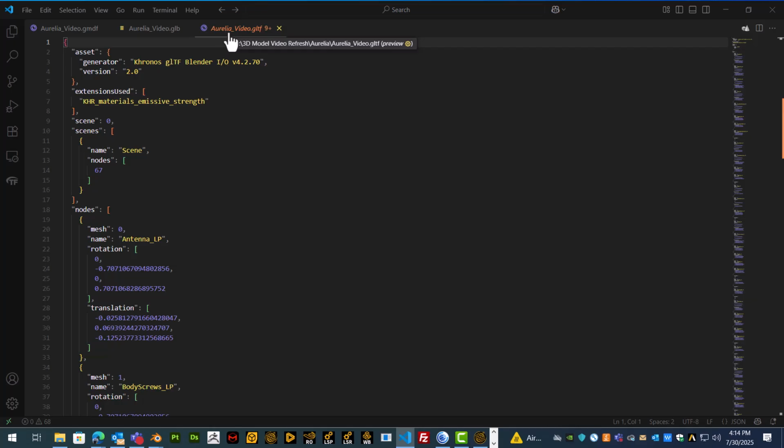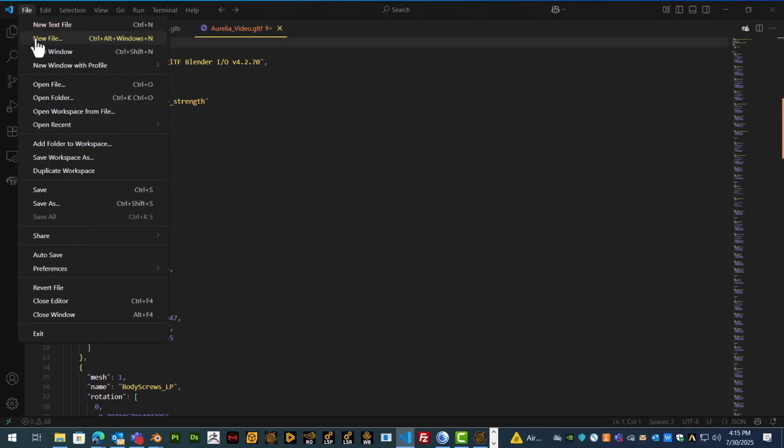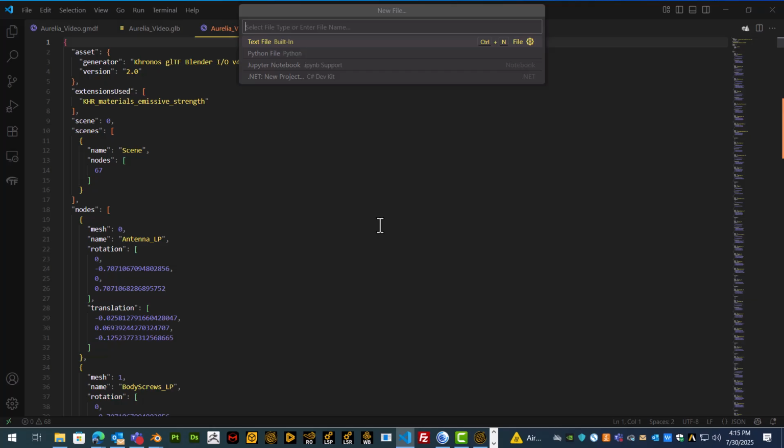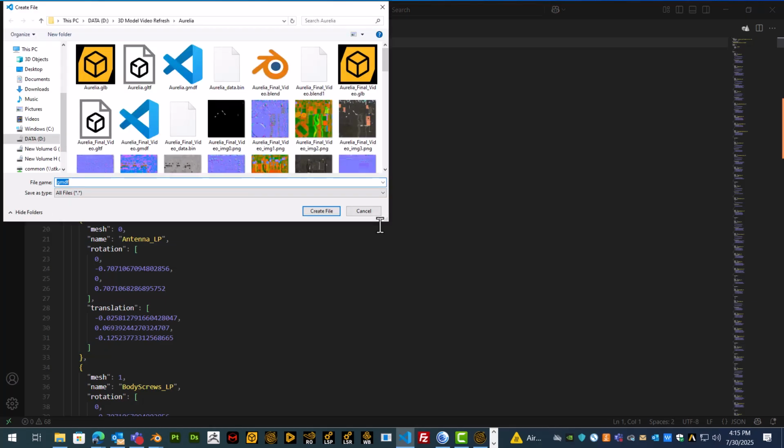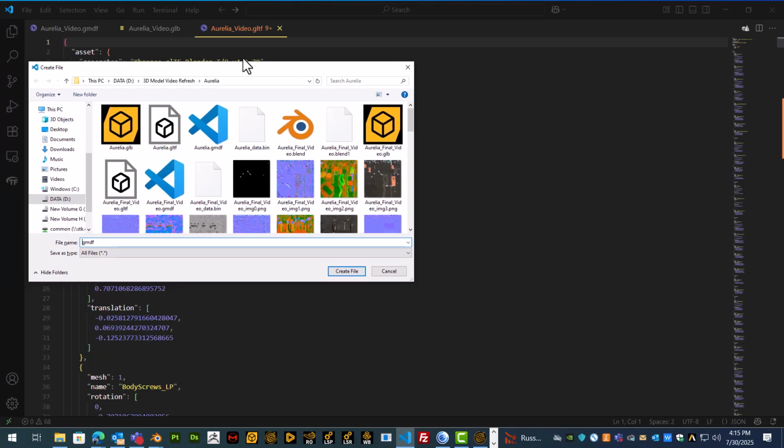Now, in order to get the STK specific information into the 3D model, we want to make another file called the GMDF file. And to do so, we're going to come up to File, New File. We can type in GMDF, hit Enter. It's going to open up the File Explorer again. And you want to go ahead and name this file such that it has the same exact name as your GLTF file. So let's bring this down so we can look. We want to name it